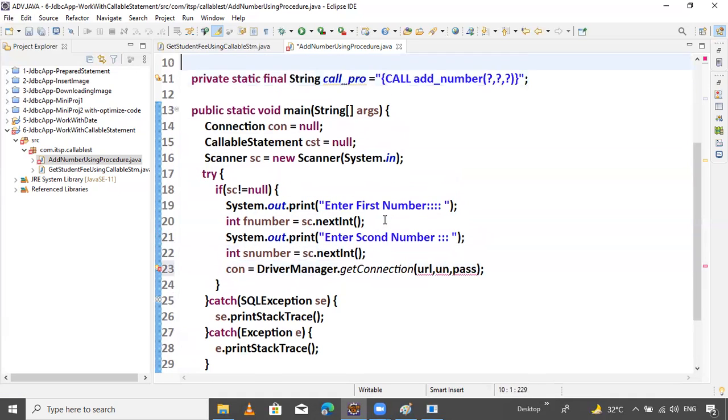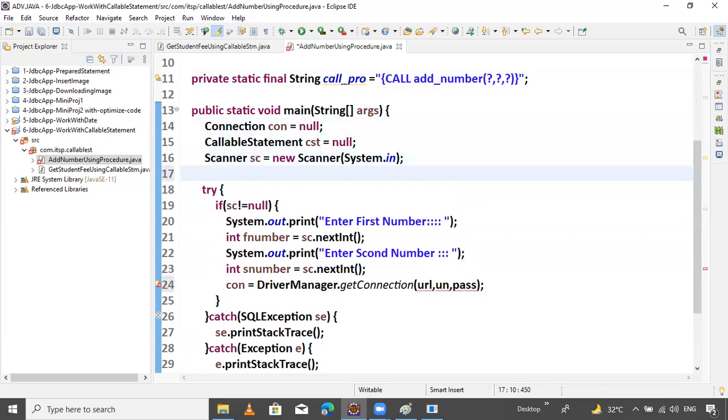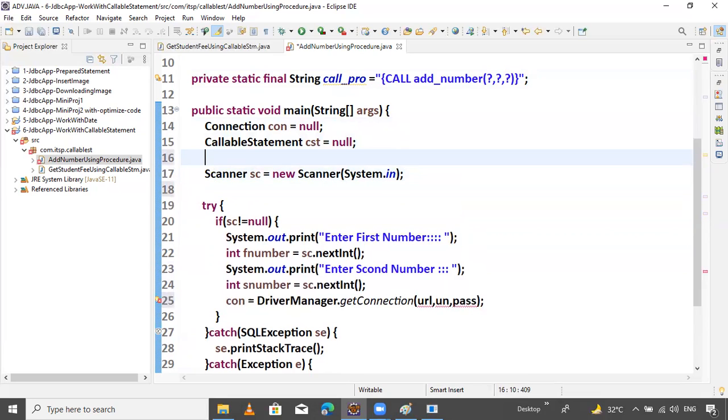That's it. I want to declare them at the method level. Okay, here you can declare. String URL. URL is nothing but jdbc colon oracle colon thin colon at localhost colon 1521 colon orcl.